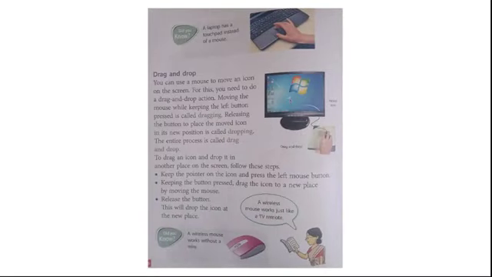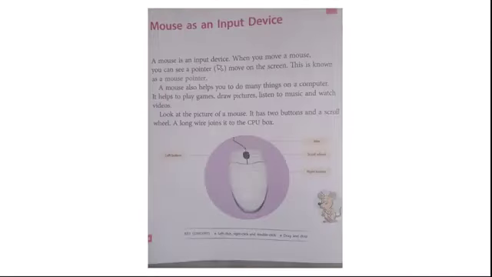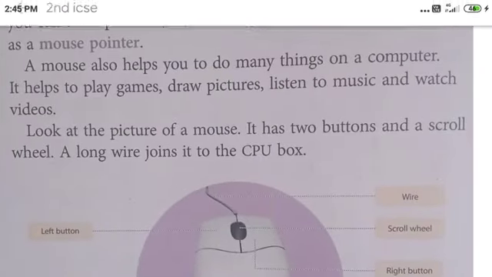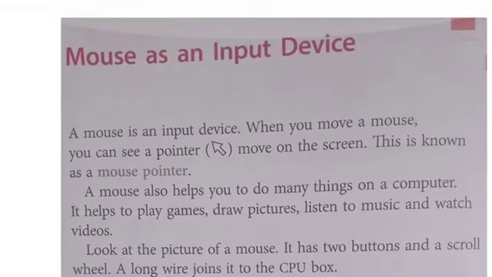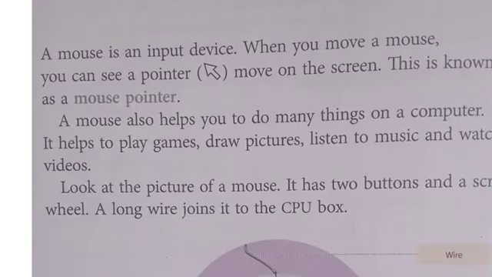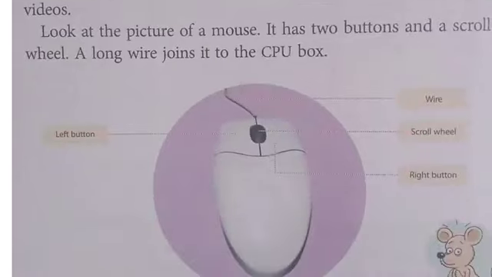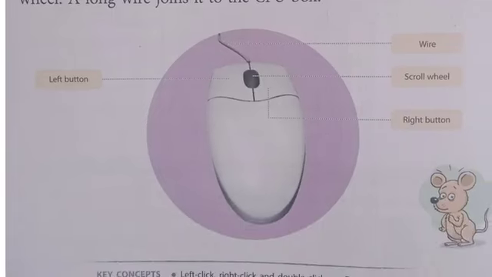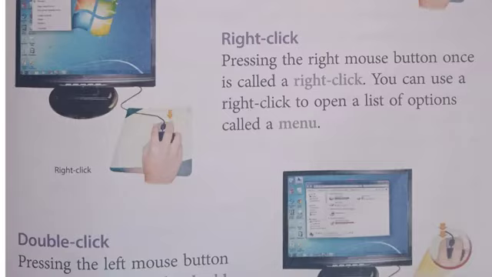So in this lesson, a short recap. We saw what a mouse is and what the function of the mouse is. What is this mouse pointer arrow mark called? After connecting the mouse, this is called the pointer. Then we saw how many buttons there are. Three buttons are there: left, right, and scroll wheel button. So totally three buttons are here.